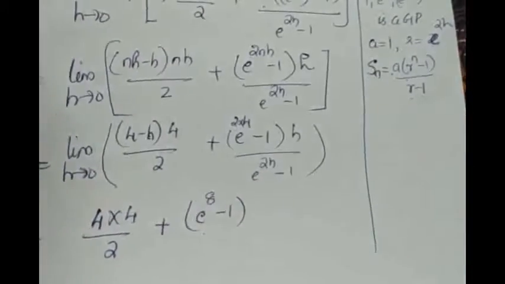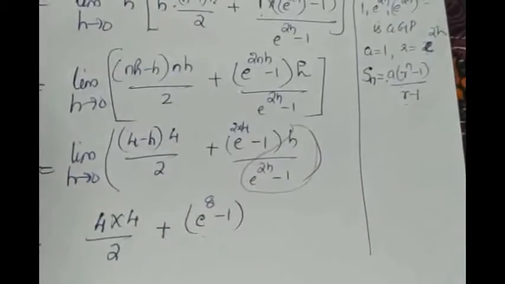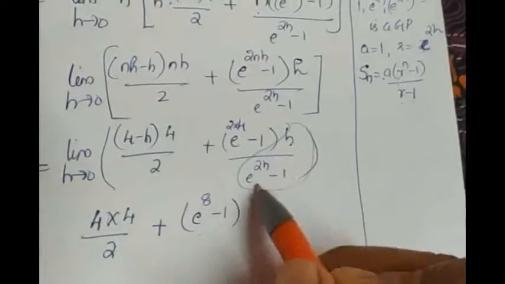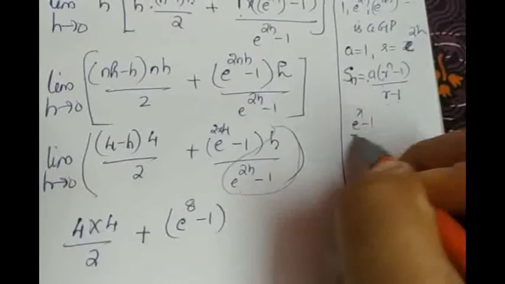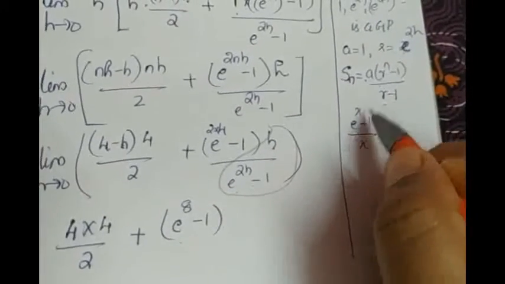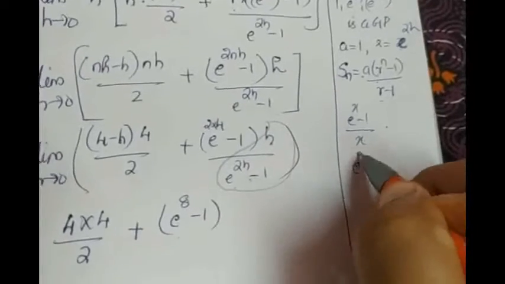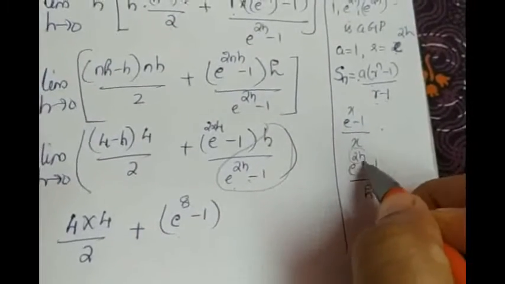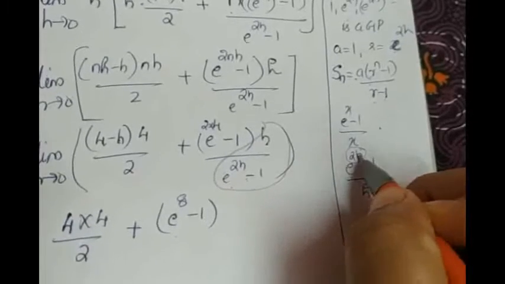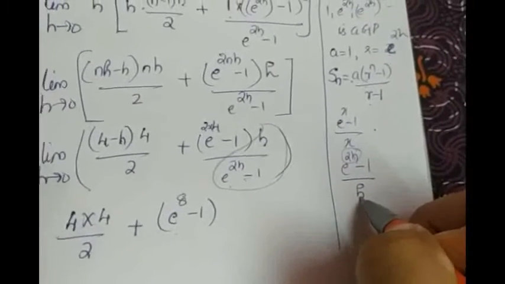Okay, and the balance term, we have to take this term together to apply the limit. Don't put h as 0. You have to take this term together. And we have the formula, limit x tends to 0, e raised to x minus 1 by x gives you the value 1. So here we have e raised to 2h minus 1 by h. The power of e is 2h. The same term must come in the denominator. Then only we can give the limiting value as 1.